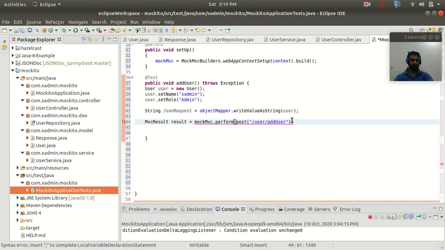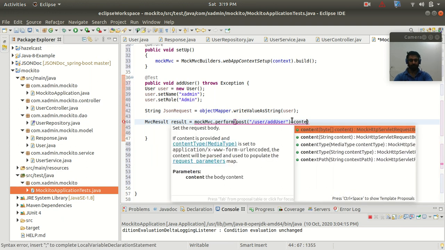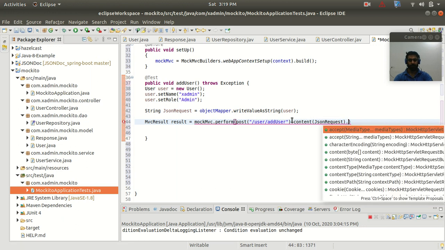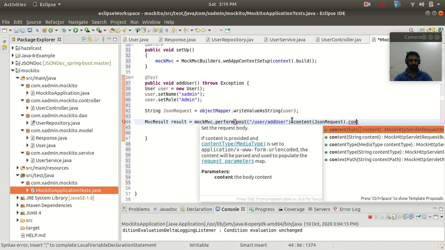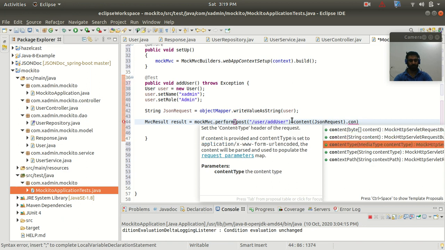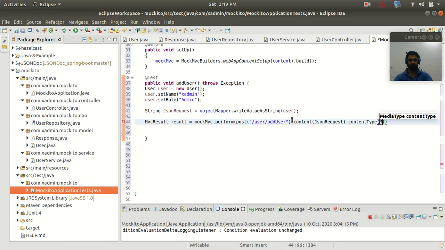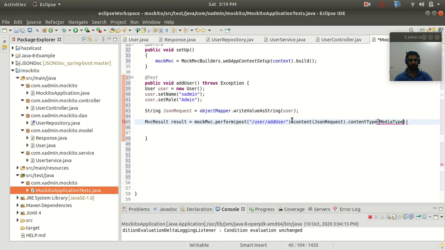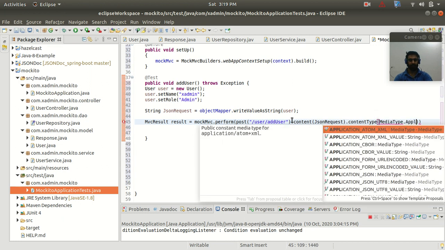then we have to call the content method, and here we need to pass our string. So the string is the JSON request, right? So here we pass it. Now we need to set our content type. So here we are taking the content type, and the content type is MediaType, and here we are using APPLICATION_JSON_VALUE, right?